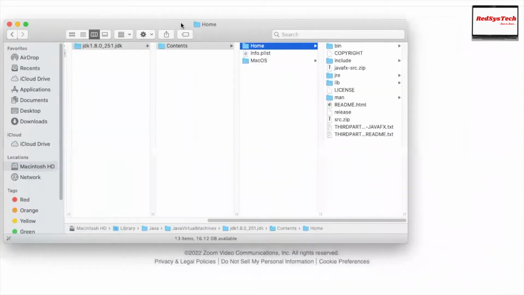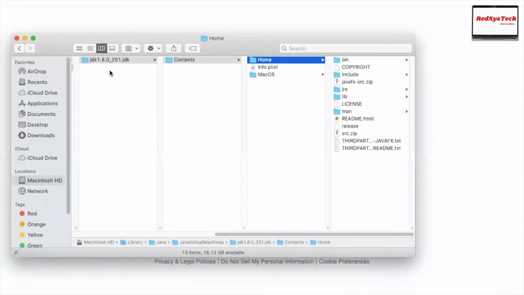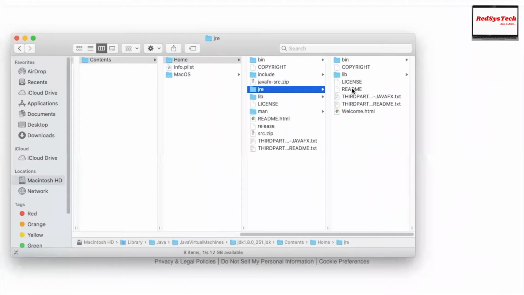Yeah, if you see here, this JDK actually contains JRE, right? Which means whatever the JRE contains should be sufficient for a user to execute any Java program. But as a developer, if you want to write a program in Java and convert it into a .class file, this is not enough.